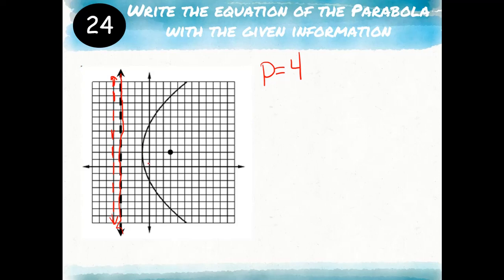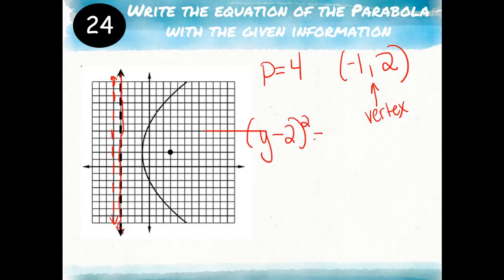Vertex, he looks like he's at -1, 2. So -1, 2 for my vertex. Now, this guy is left and right, and he's opening to the right. So that means my y's got to come first. So y minus 2 squared equals 4 times my p-value, so 16, and then x plus 1